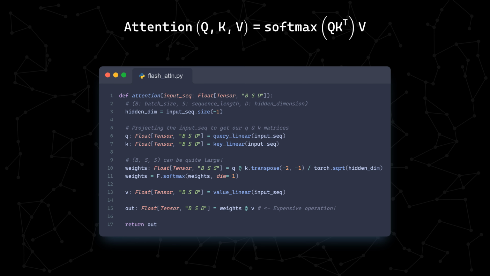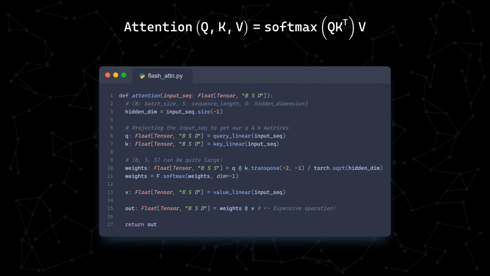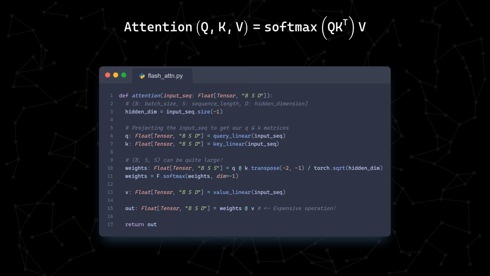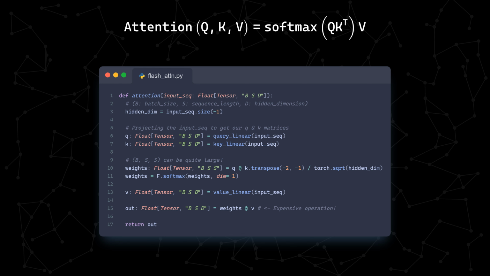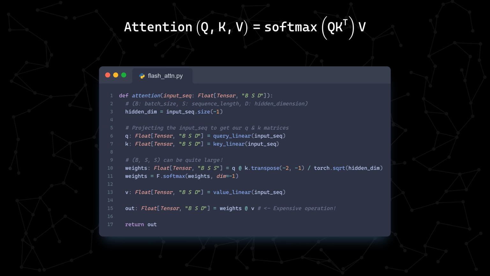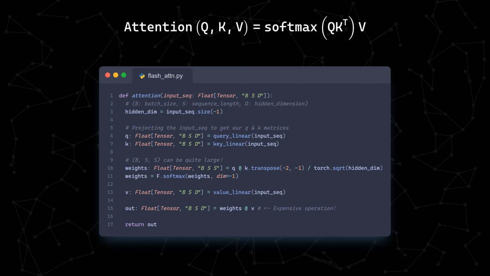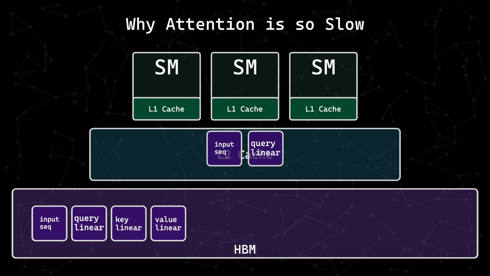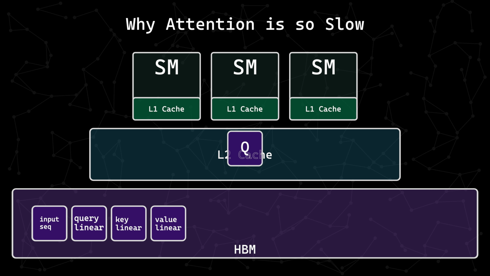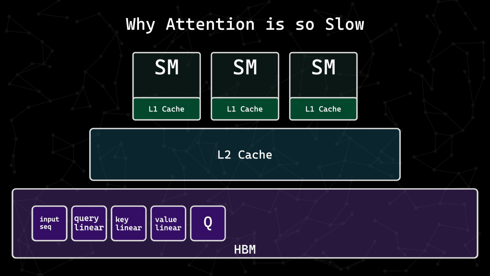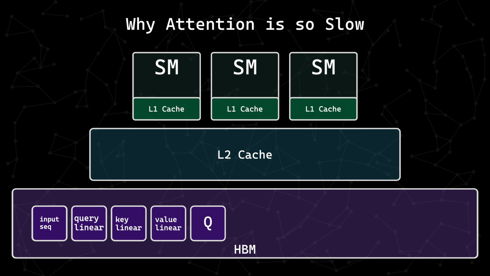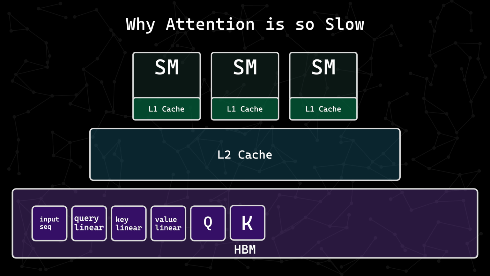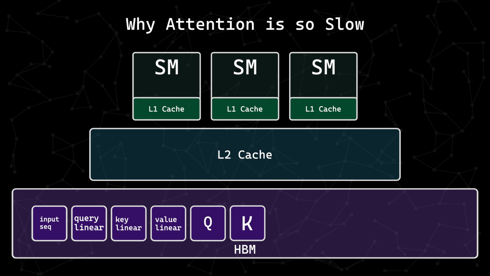In our code, each time we perform an operation, the operands are going to be pulled from HBM so the SM can do the operation, and then the intermediate result will be written back to HBM. This is because PyTorch runs in eager mode by default, so it performs operations in a greedy fashion, without any regard for upcoming operations. It'll see the query linear operation, pull our input sequence and the weights of that linear layer from HBM, perform the matmul, then write the Q matrix back to memory. Then, it'll see the key linear operation and pull all the relevant values from HBM and then write the result back to HBM after the calculation.